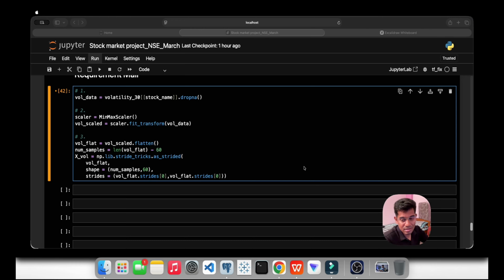Or take the example of your college sections: section A, section B, section C. Each section has a similar number of students, like 20, 20, 21, 21, 20. So this is what batch size is all about. Batch size of 32 means it will update the weights after every 32 samples.